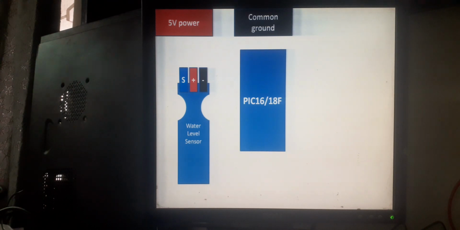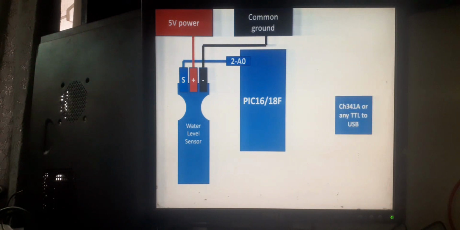We need a 5 volt power, a basic power which we give to the PIC. Even a PIC kit will do, with a common ground which all the PICs have. The signal pin is our ADC pin, which will go to any channel. I selected the A0 channel of the PIC, that is pin number 2. Power will go to the power, ground will go to the ground, and then I will use a CH340 TTL to USB device,